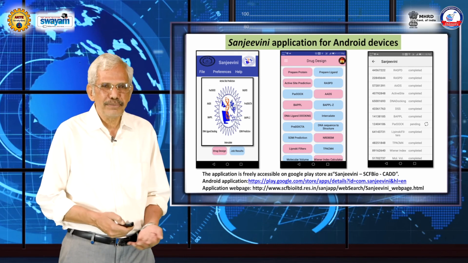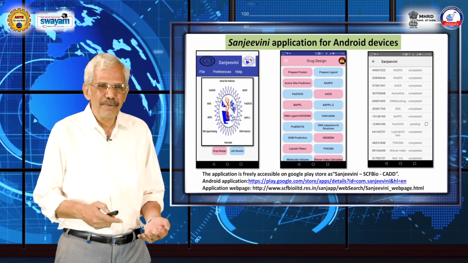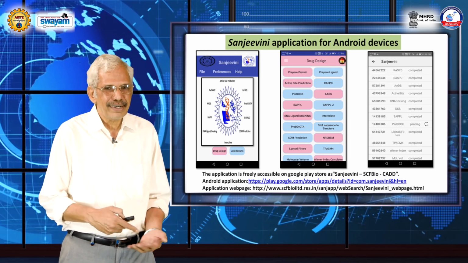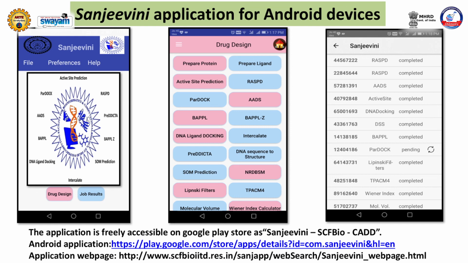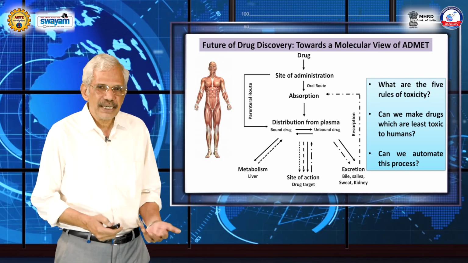Now, well, in today's world, if these molecules are working and these software are working on a big supercomputer, I don't think anybody is impressed. You would want it to be on your mobile phone while you are traveling in the metro or somewhere else. Well, luckily for you, our students have developed a mobile app, the Sanjeevani app, on your mobile phone. You can easily download it and then do computer-aided drug discovery while you are walking, talking, and so on. So that's feasible. So what is the future of drug discovery?